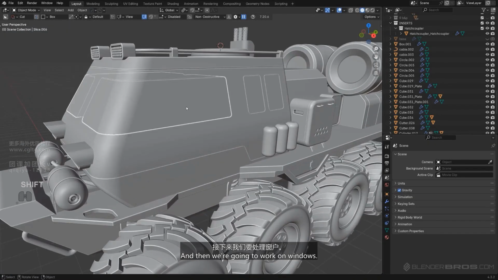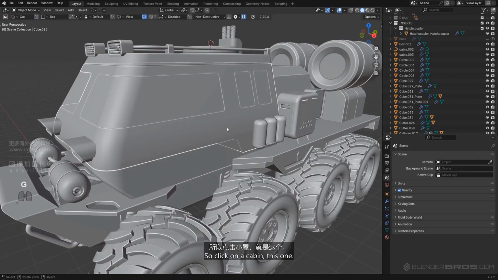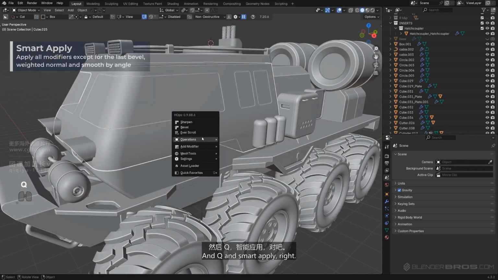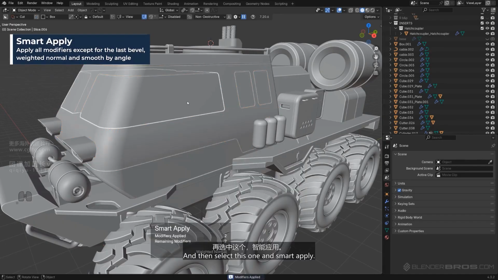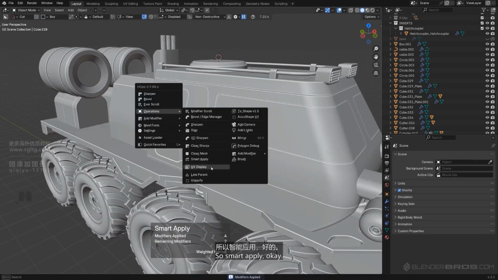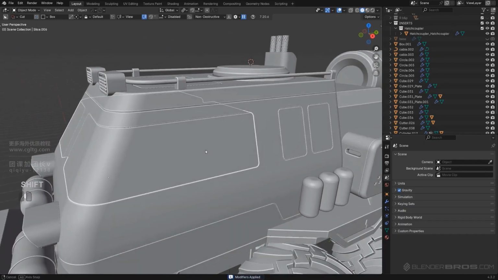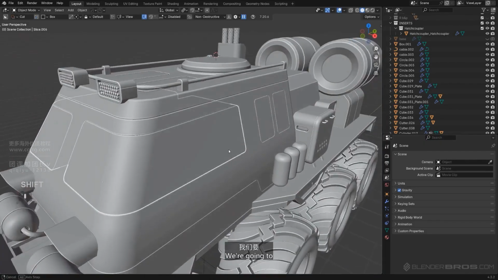And then we're gonna work on windows, but in order to do that, we need to apply everything. So click on a cabin, this one, and Q and smart apply, right? And then select this one and smart apply, and these ones too, okay? Smart apply. And also the door, so smart apply, okay? Now what we're gonna do is we're gonna grab these and we're going to